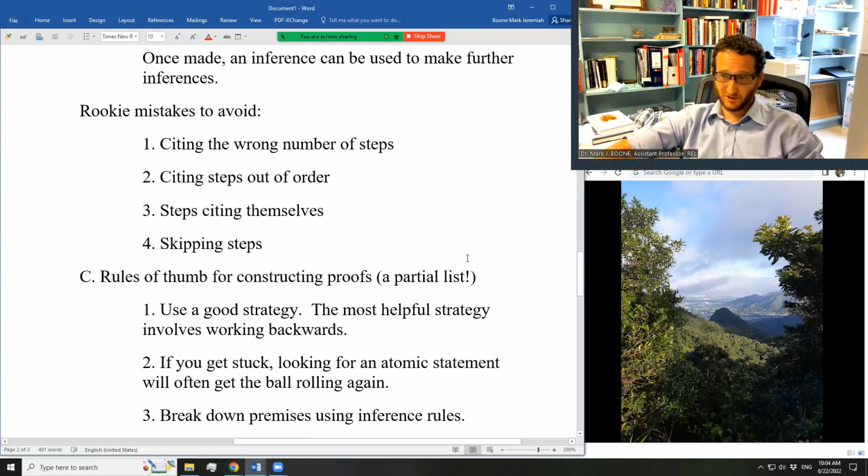Rules of thumb for constructing proofs, not a complete list. Well, the first point of strategy is to use a good strategy. Don't just look for things you can do first. Usually, the most helpful strategy involves working backwards. Look at your conclusion. See if you can find the conclusion or parts of the conclusion in the premises and see how you could get to them from other information elsewhere in the premises. If you get stuck,